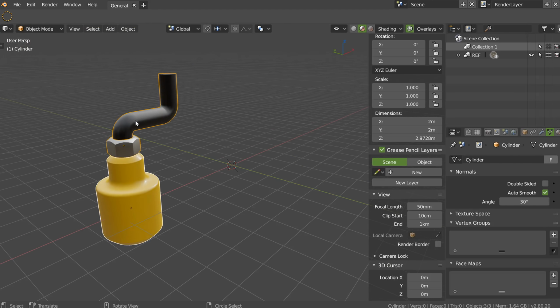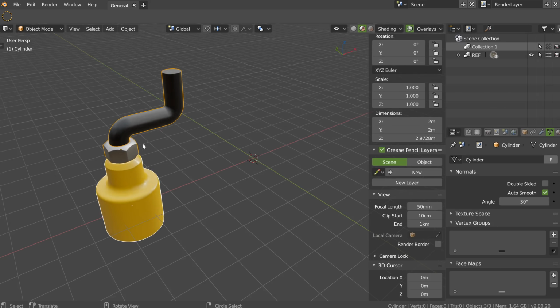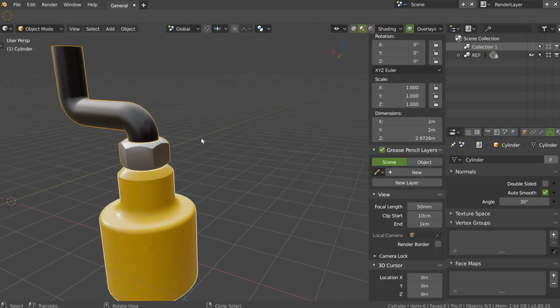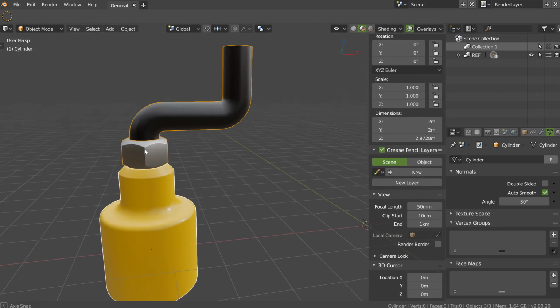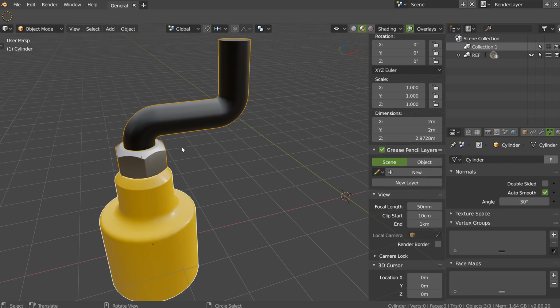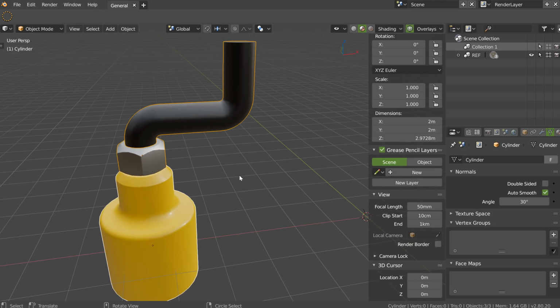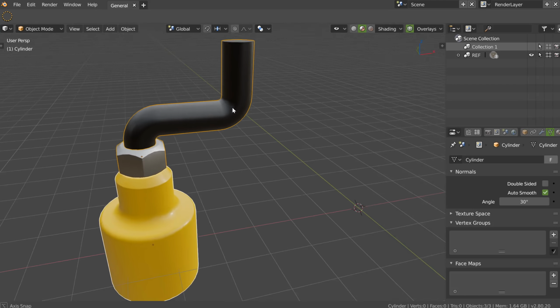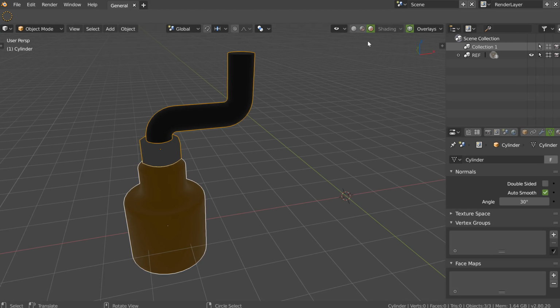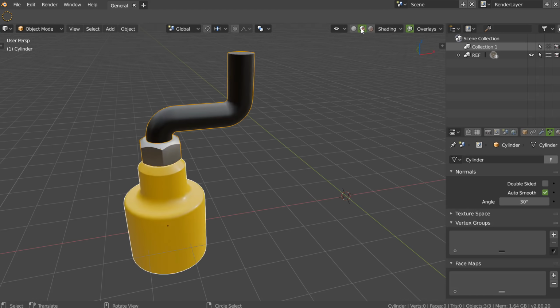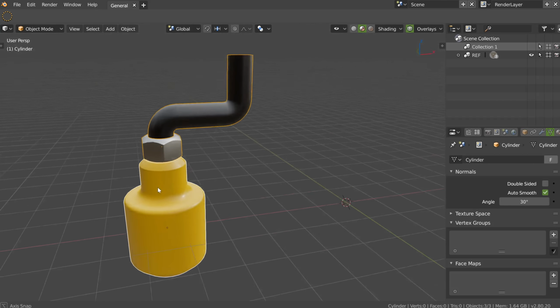As you can see, I'm using the look bench. Yes, the look dev, excuse me, and it's really nice to model in this kind of view with shaders, with EBL, etc. I really like it. If I go in Eevee, I have this, and I have this in Workbench, but honestly I prefer this.